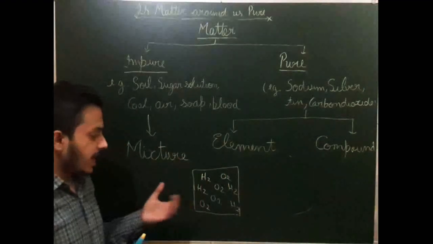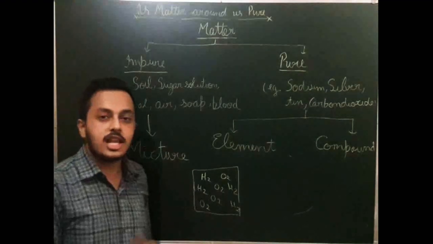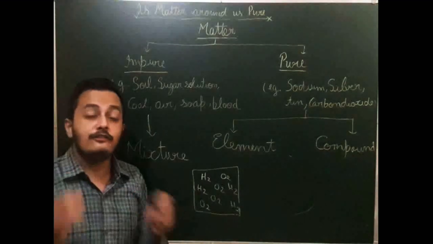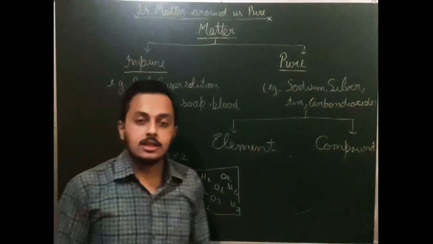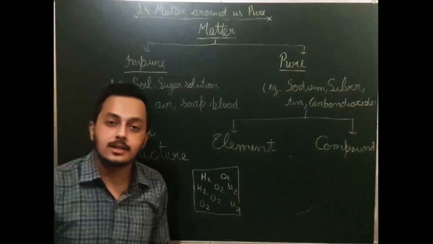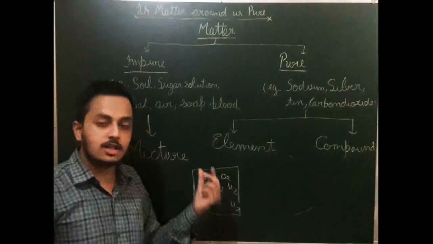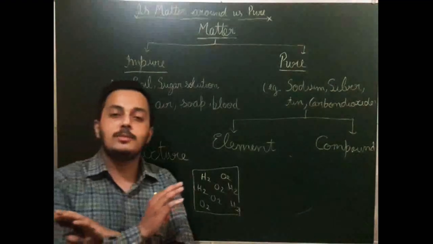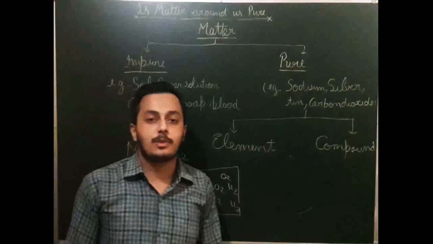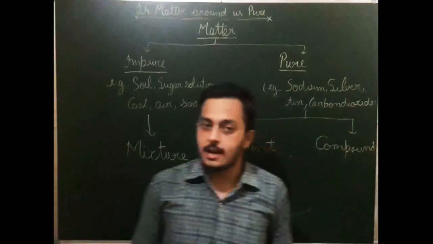Okay, so what will happen? If now you bring the fire, the two elements, hydrogen and oxygen, have their properties. When you bring the fire, they will catch the fire. Very strong fire. Remember that in a mixture, the two elements keep their own properties. Their properties are not lost. The hydrogen is still in the form of gas. Oxygen will also be in the form of gas. There will be no new substance formed, and they can be separated by physical methods. And in the upcoming chapter, we are going to discuss how we will separate these.